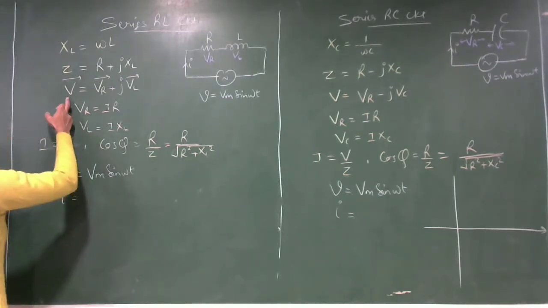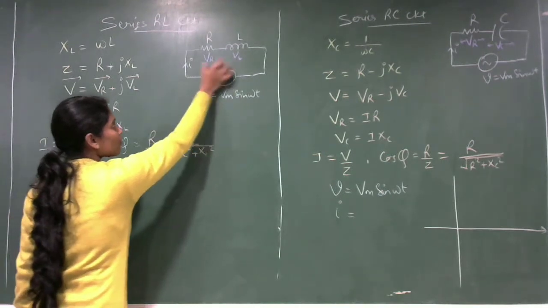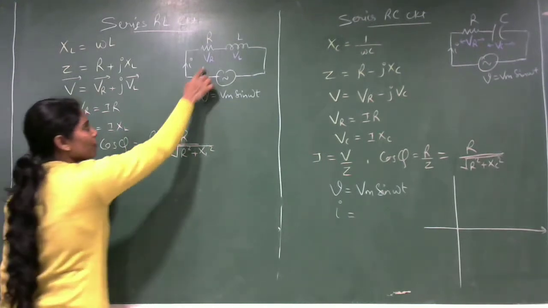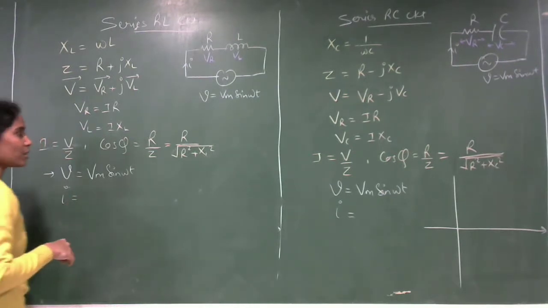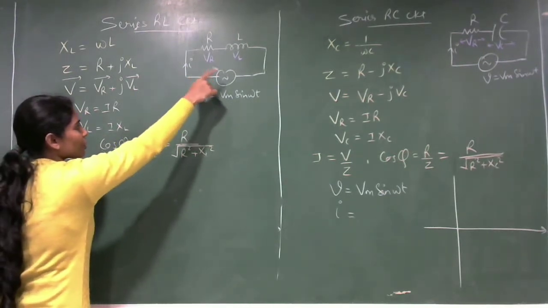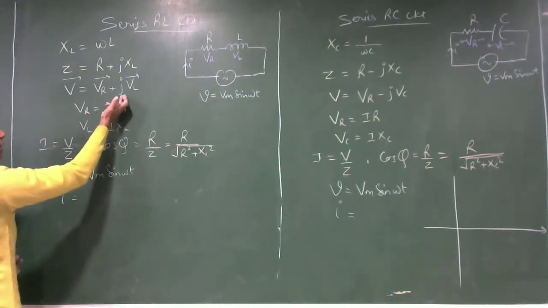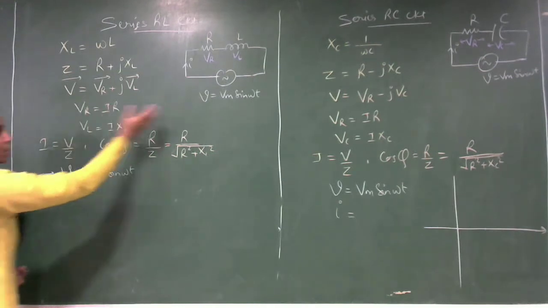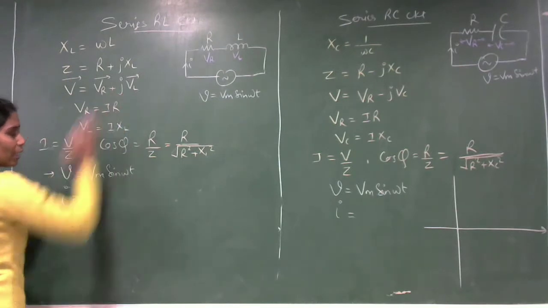Okay, now what will be the voltage? The supply voltage will be taken as the combination of these two, because the resistor and inductor are connected in series. So we will have VR plus VL. We will have the summation of these two. But we know that we have the combination of resistance and inductance, so we cannot simply add them. We have to use the J term. Where will the J term come? Because of the inductance, the plus J term will come with the VL term. So what is the total voltage? The supply voltage you can take equals VR plus JVL.